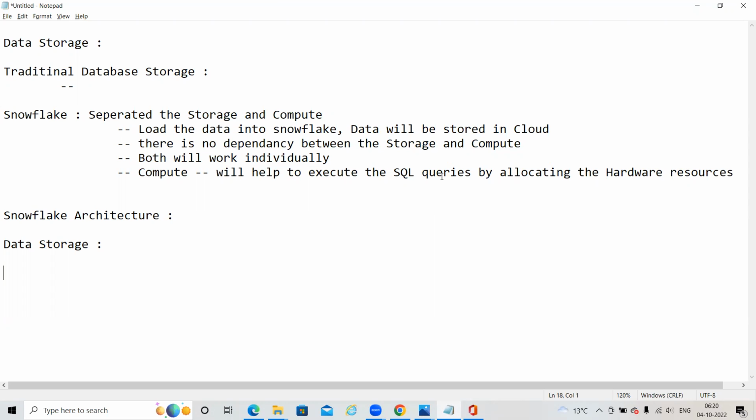Fine. When data is loaded into Snowflake, the data will be stored in micro partitions. I will tell you what micro partitions are.